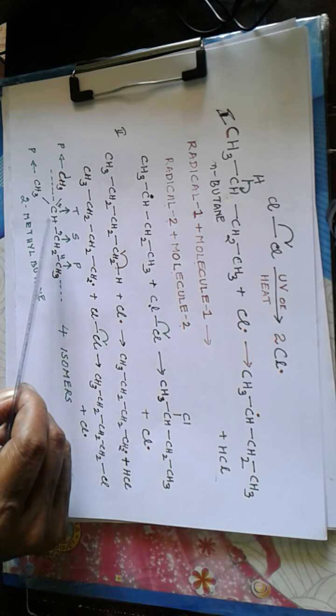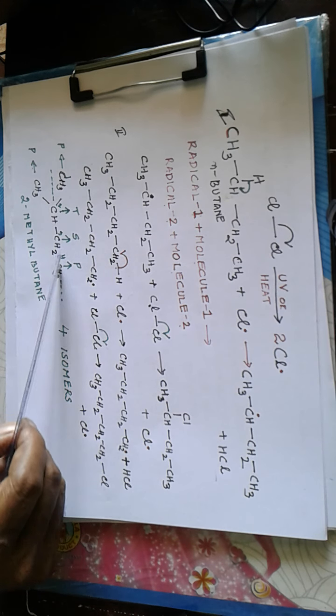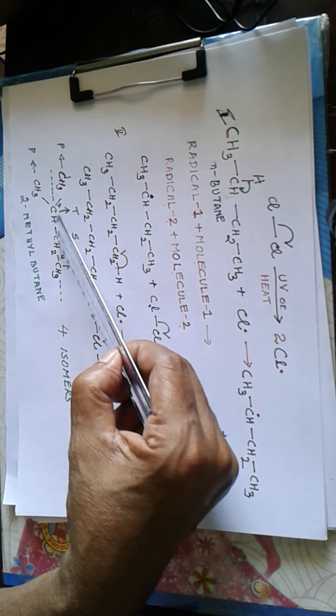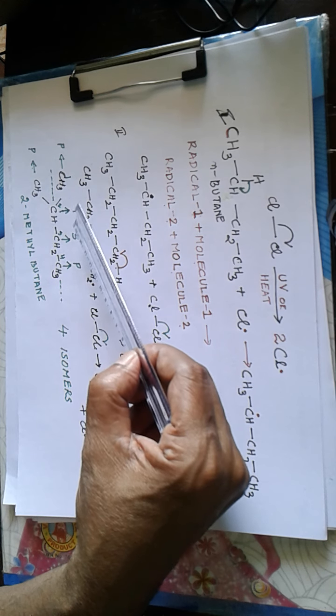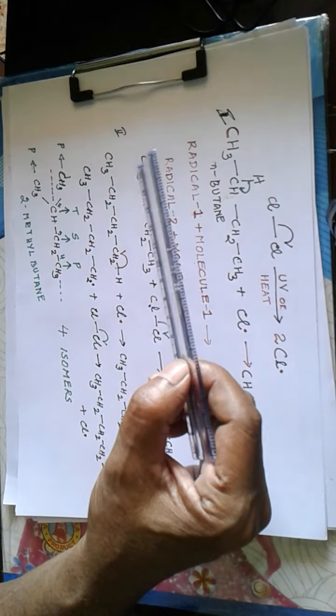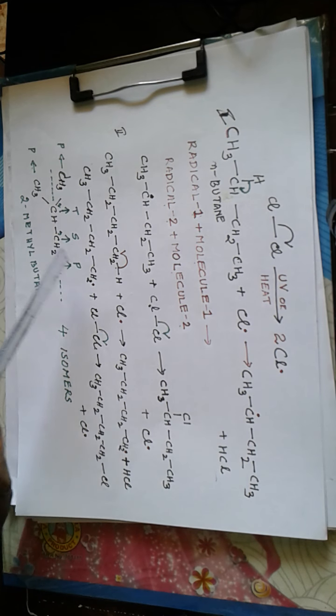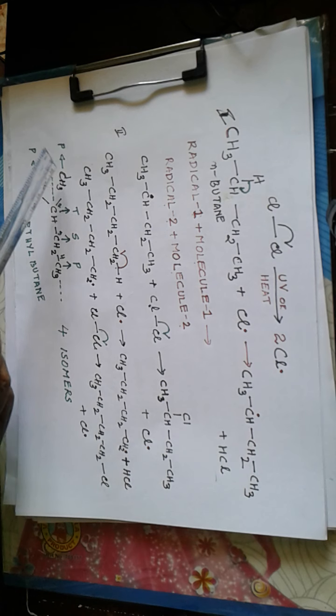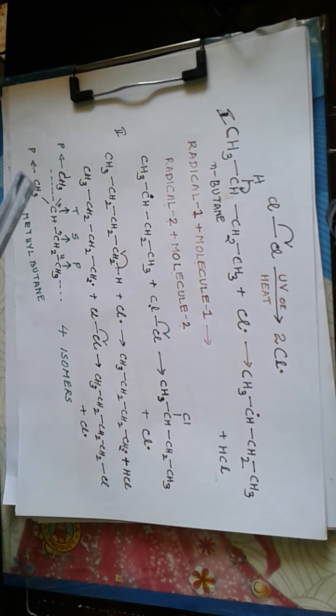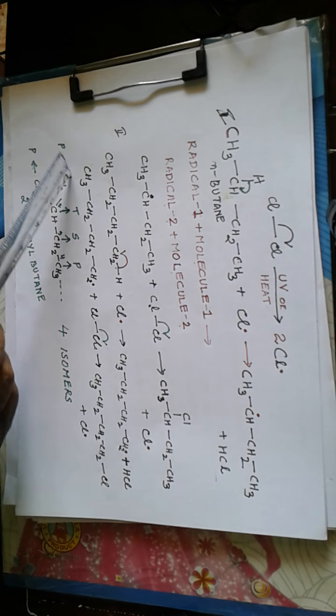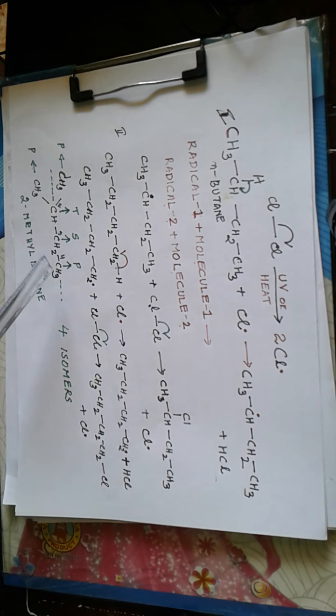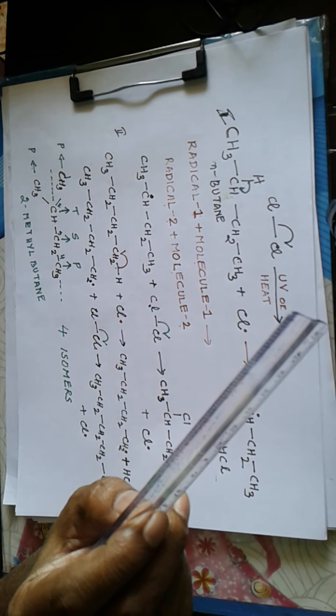And this is a secondary carbon because this carbon is directly bonded to 2 other carbons. So replacement of one hydrogen by a chlorine, we get a third isomer of the monochloro derivative. And this is a primary carbon, and this is also a primary carbon, this is also a primary carbon. But this methyl is connected to a CH group and this methyl is connected to a CH group, whereas this methyl is connected to a CH2 group. So the surrounding of this methyl is different from the surroundings of these two methyls, so that from this methyl, when one hydrogen is replaced by a chlorine,